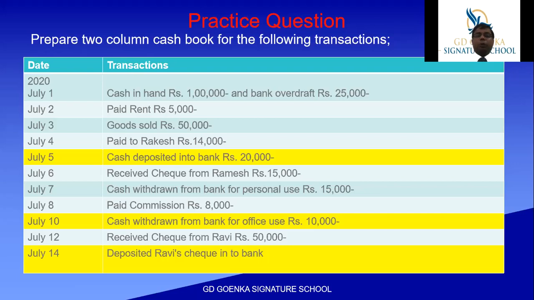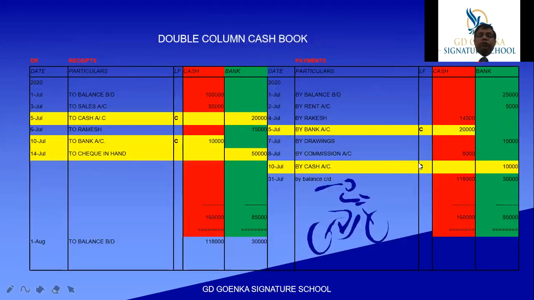I request you all to take a screenshot of this question so that when I present the next slide, you will be able to understand the question without looking backward again and again. So, providing the solution, I have put the transactions into the format already discussed with you. The first is, since it is cash in hand, we recorded the balance BD, that is 1 lakh, into the cash column.